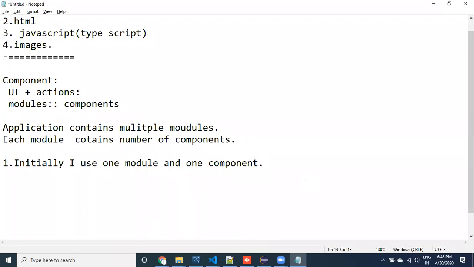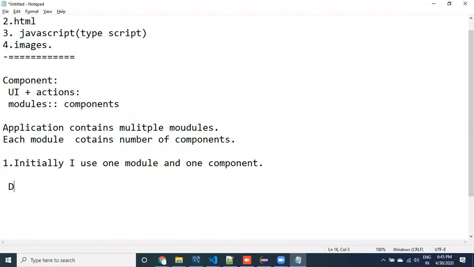Because whenever we create an application using Node.js, npm, or the ng command that we used as part of installation, a project is automatically created for you. That project includes one module and one component.